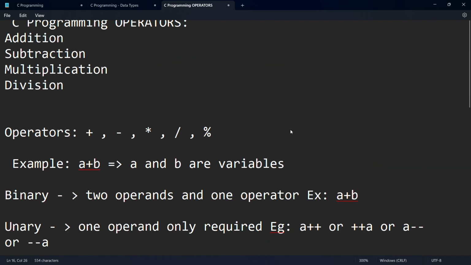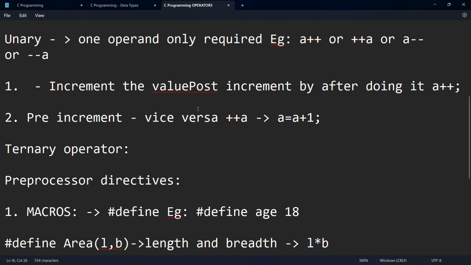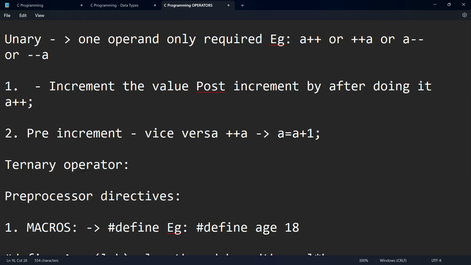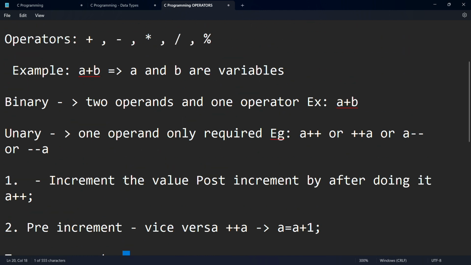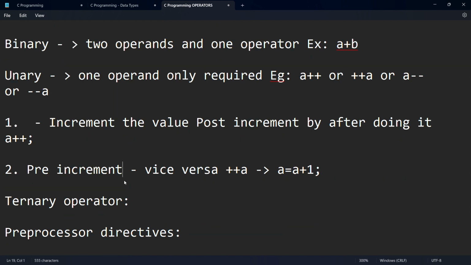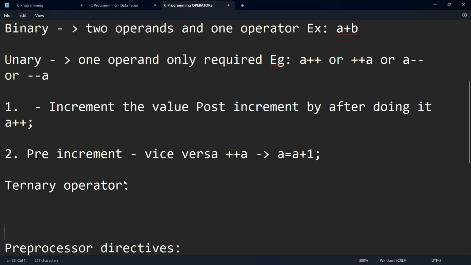So here you can see another operator known as the ternary operator. The ternary operator is a replacement for the if-else statement. So yeah, the ternary operator. How it is working is,